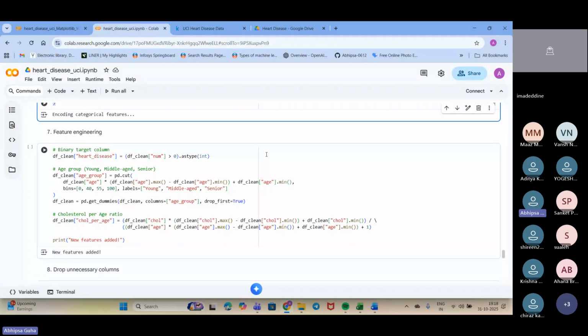Based on the heart disease data, any value greater than 0 will be converted into an int, and the rest will be taken in a form we can understand, and we will move on with that. Is that understandable, or should I repeat?